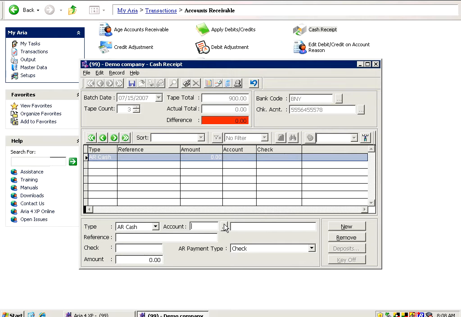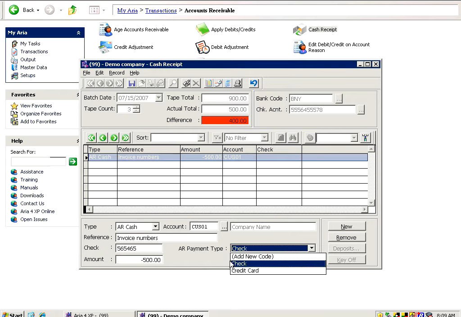We start entering the details of each transaction right now. Here it's asking me for the account, so I'm just doing +01. For the reference, the best thing to do over here is to put the invoice numbers that we got on this tab from that customer. This way, at the time when you key off or close those payments against the invoices, you would know which invoices to do that against, which checks for. Then here the check number, then the amount. Let's do 500,